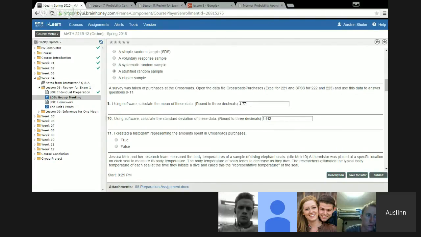So then what you do is you have to have this function in your Excel program. If you click on the data tab at the top, there's another tab inside that says data analysis. At the top, there's home, insert, page layout, formulas, data.